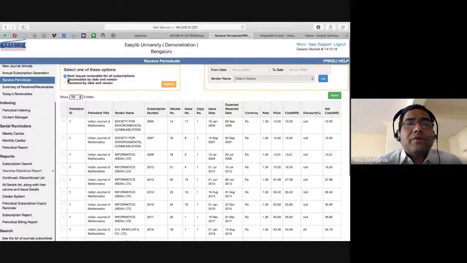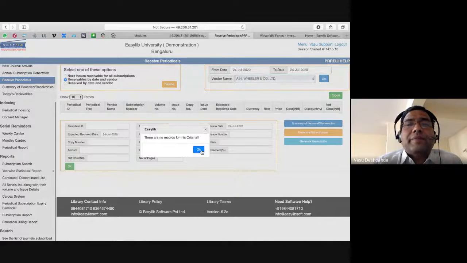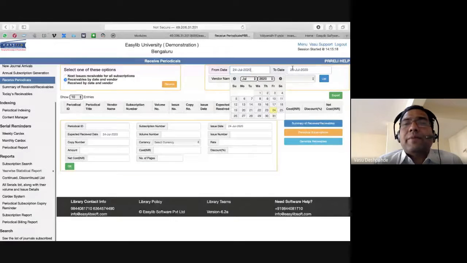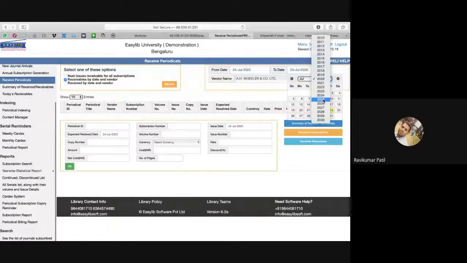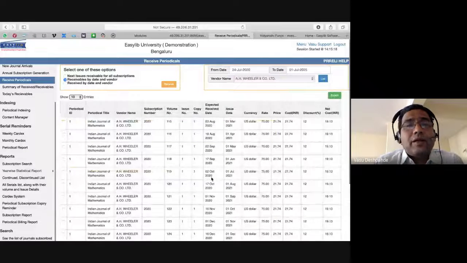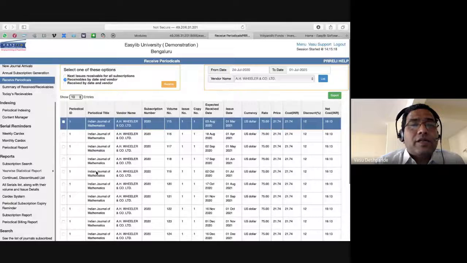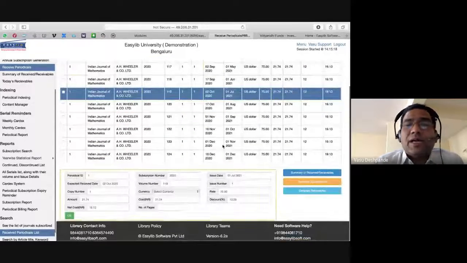Okay. So now if you want to see receivables by date and vendor, that's important, right? If I want to see what all is supposed to come from this particular vendor in this period, it will come here. So now let me put a larger date range, so I'll see much better data, I think. Some sample data. Okay. These all include the Indian Journal of Mathematics that we generated in the last